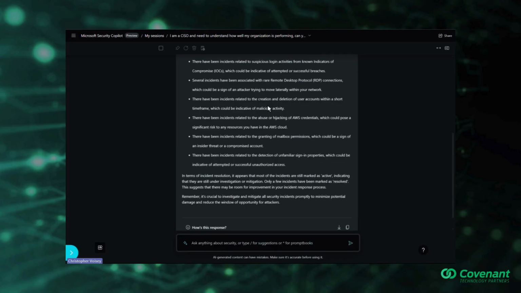A lot of these attack bodies or organizations have some interesting and creative names assigned to them, and sometimes it can be a bit confusing to keep up to date with that. So I have the incident number, and I'm curious as to exactly what happened. So I'm going to ask Copilot to